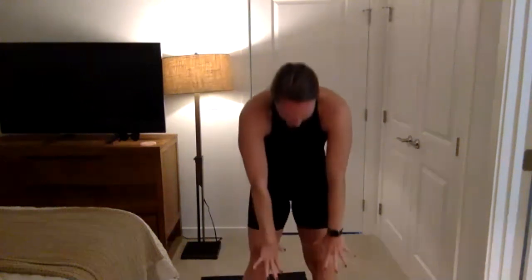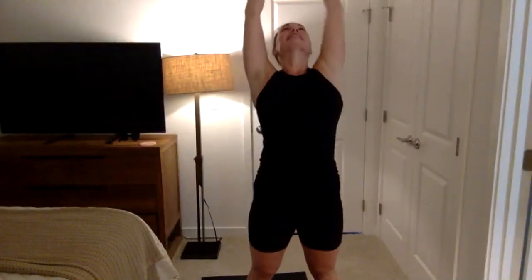For 3, press. 2, press. Last one, heel toe those feet in right underneath of you, slowly rolling yourself up to the top, reaching your hands overhead, soft back bend, and that great